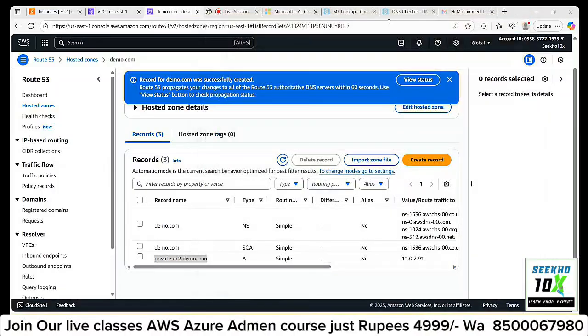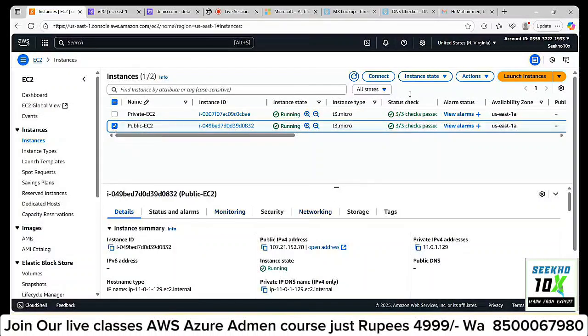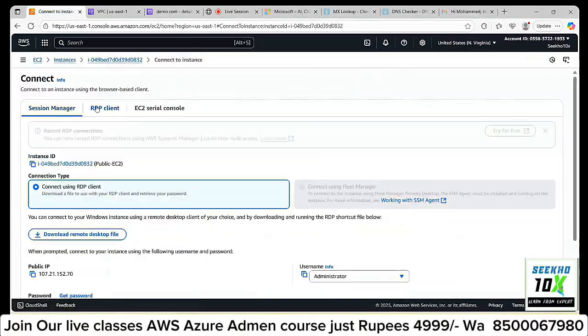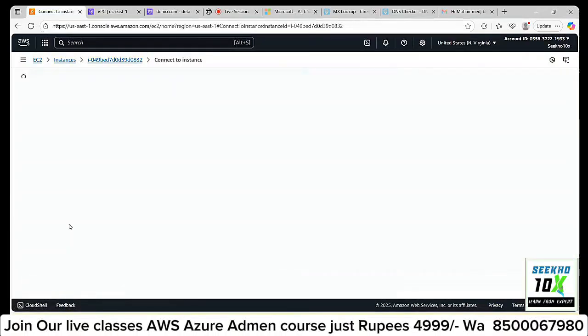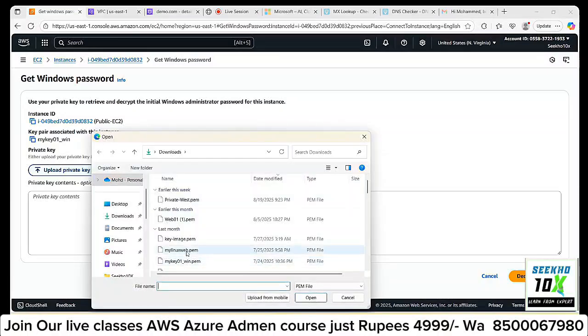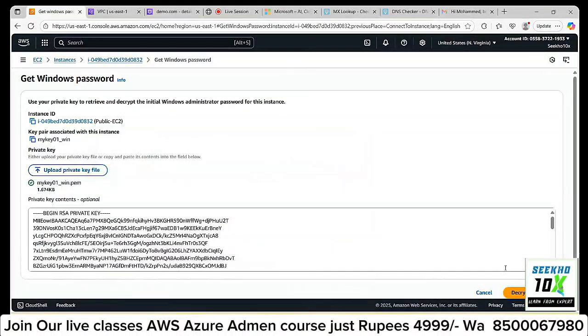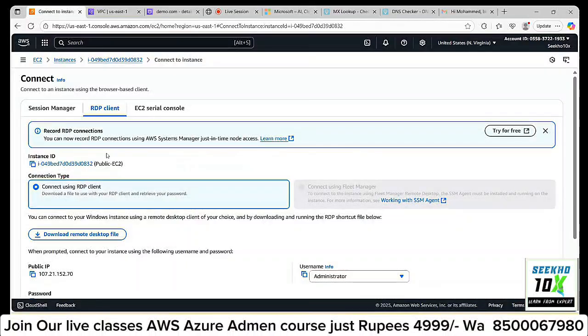It's got stuck. We will connect it again. Decrypting the password.